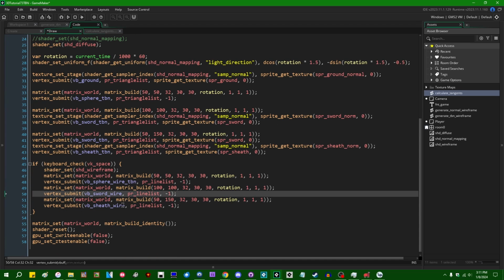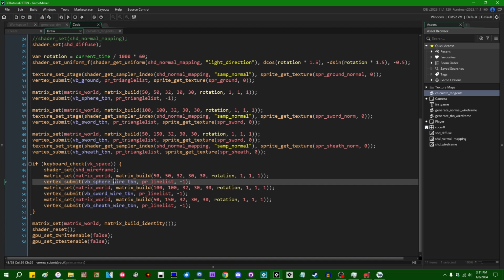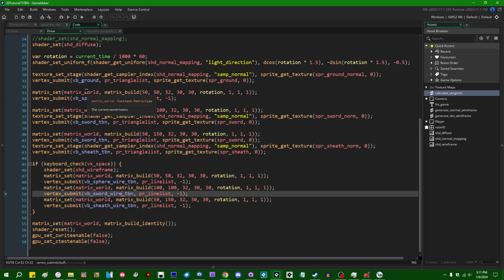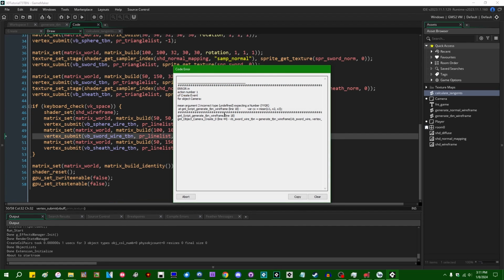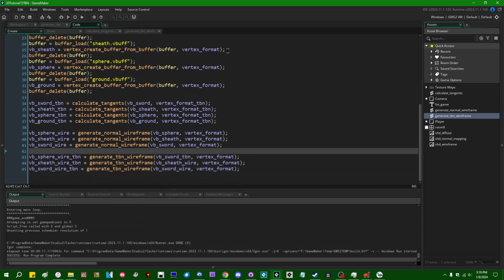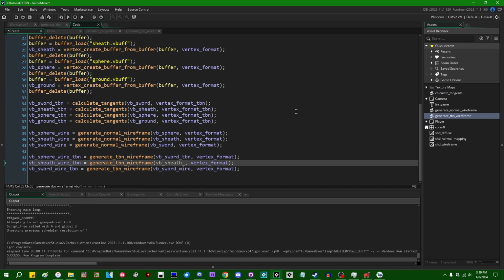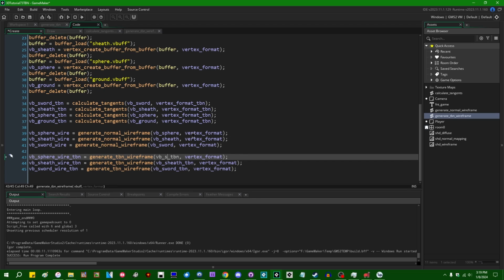Before I do that, because I do still have the normal mapping code in this project, let me just say that when you hit the spacebar, we will draw those vectors on the surfaces of the shapes. And assuming that I didn't copy anything wrong anywhere, which it looks like I did. Okay, I'm just trying to generate wireframes from the wrong vertex buffer. I'm glad it was something silly and not something mathy. Also, this doesn't quite look right. This should be VB underscore sphere. Anyway, now when I run the game,